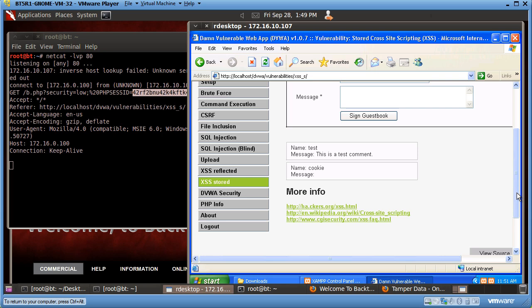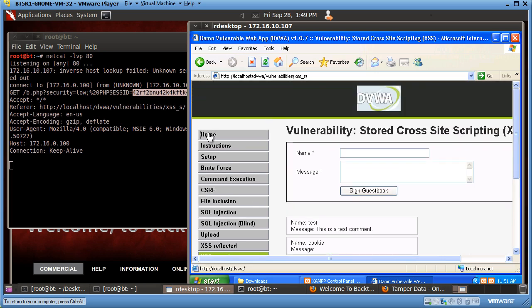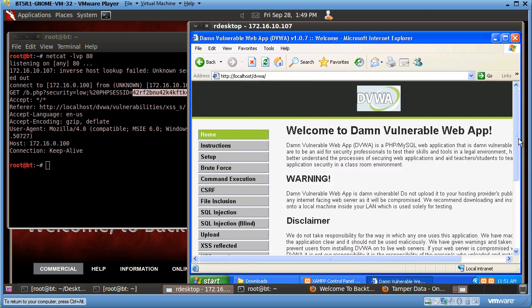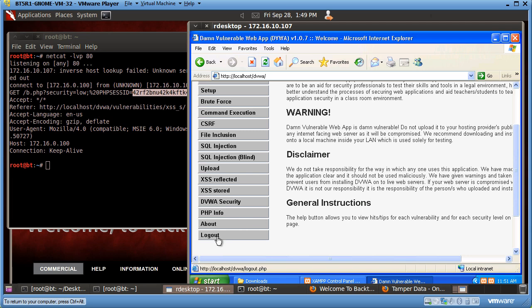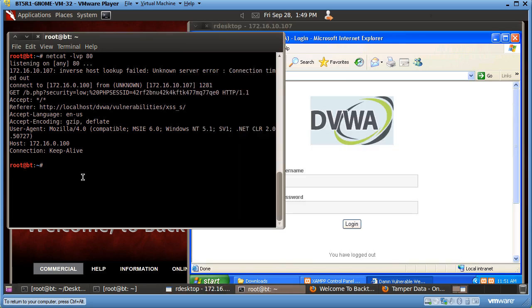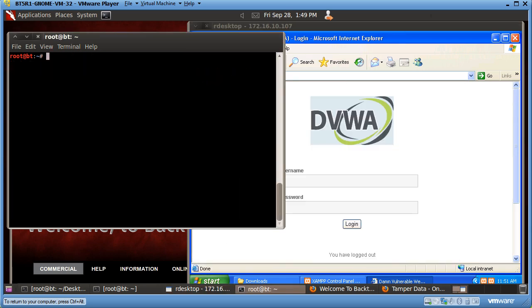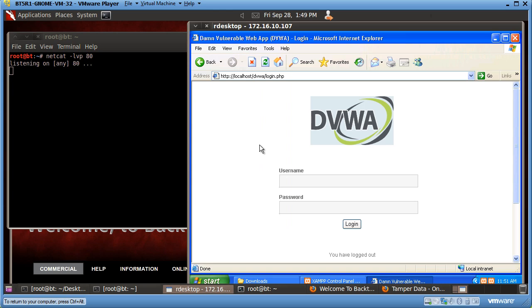And let's just prove it by doing that once again. So I'll go back to home, right? I'll log out, and I'm going to clear this. And we'll do it one more time. We'll say netcat listening verbosely on port 80. The victim goes to the website where the web application is. They log in with their administrative credentials,